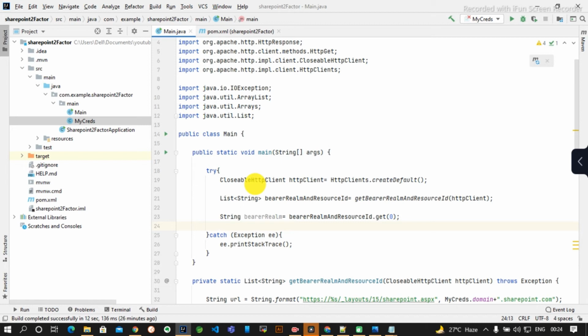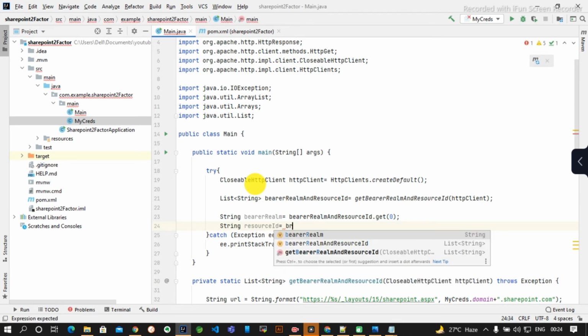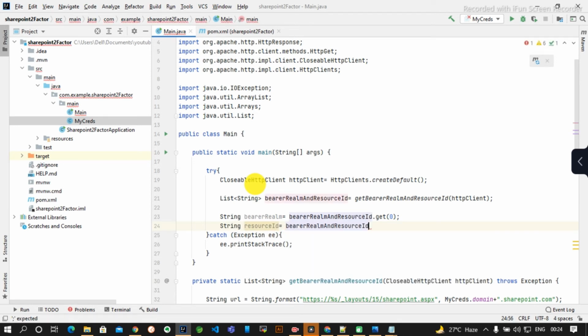So we have inserted bearer realm first, I am using the index 0. Similarly for the resource id, I will use the index 1.